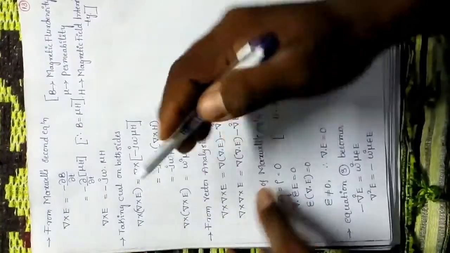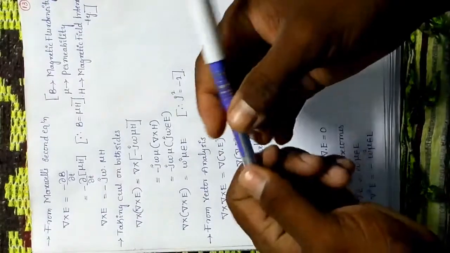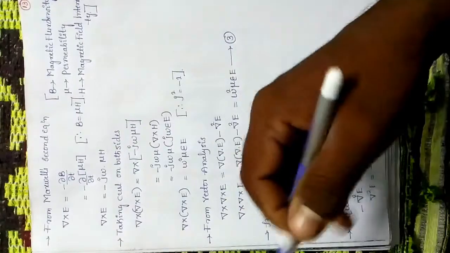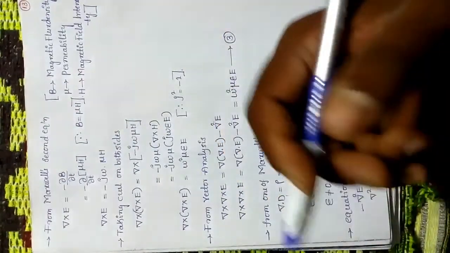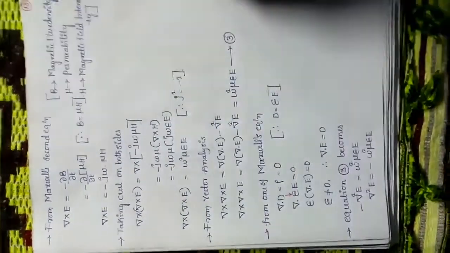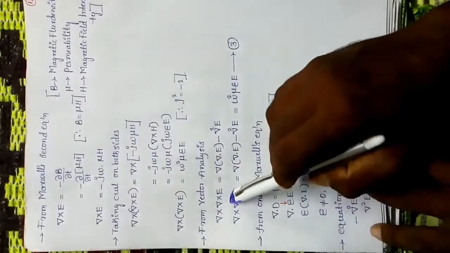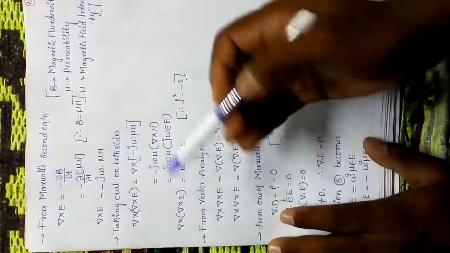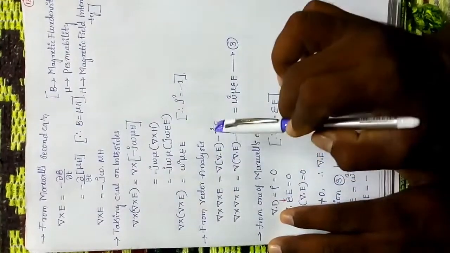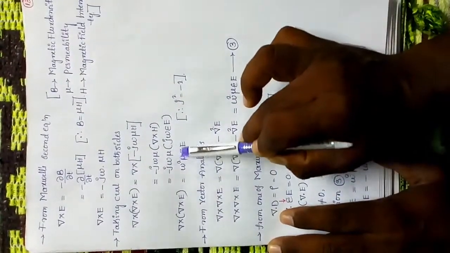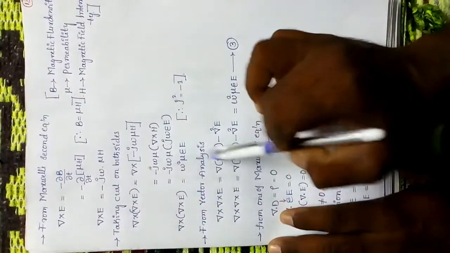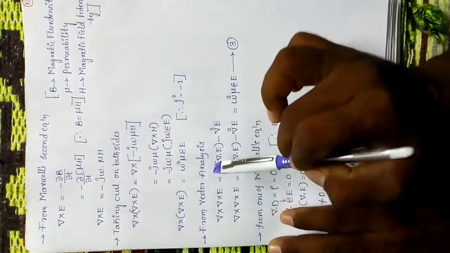As we already know from vector analysis, you already studied it in electromagnetic waves and transmission lines, that means the EMTL subject, like now we are studying EFW also, electric field theory of waves. I don't know exactly, but I think you already studied it. This is already covered in that subject. So what is the vector analysis? This equation is equal to del into del dot E minus del square E. So finally I am writing this equal to this one, and this equal to this one.